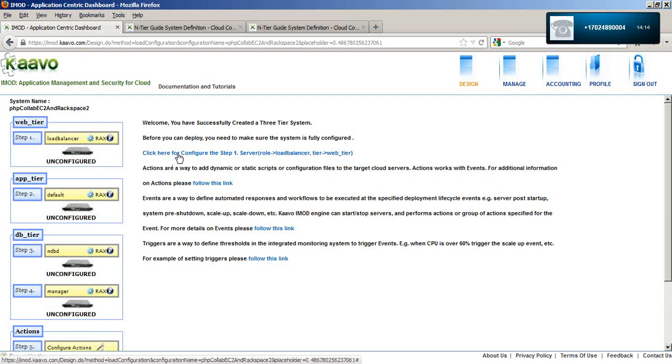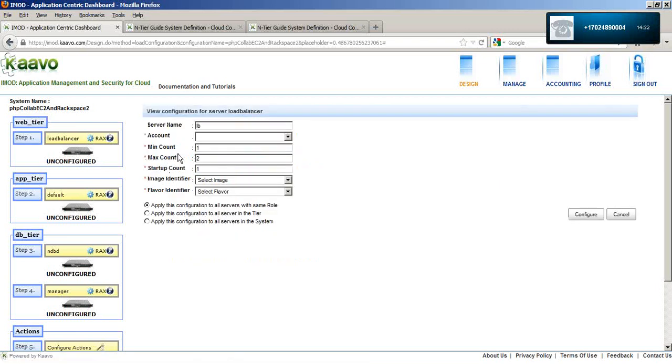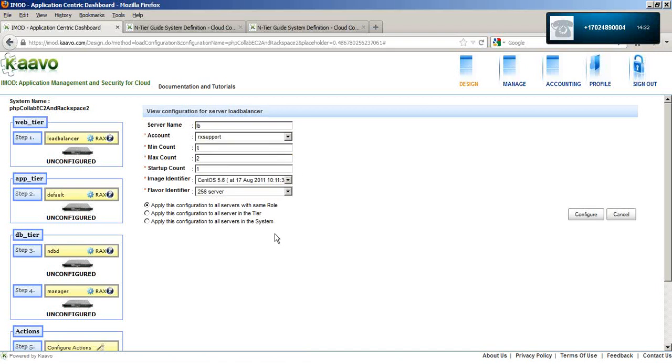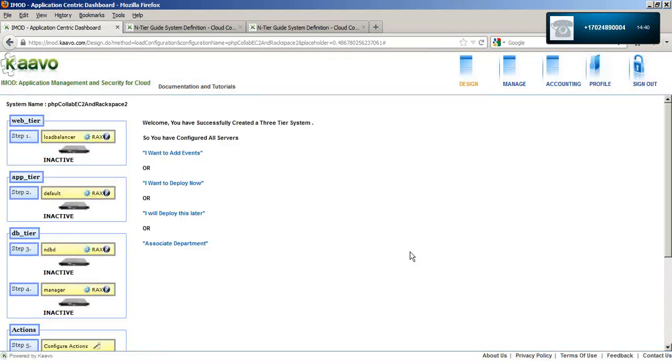Now I will click this blue link to start the Rackspace configuration. Select an account. Also select apply this configuration to all servers in the system and then click configure.